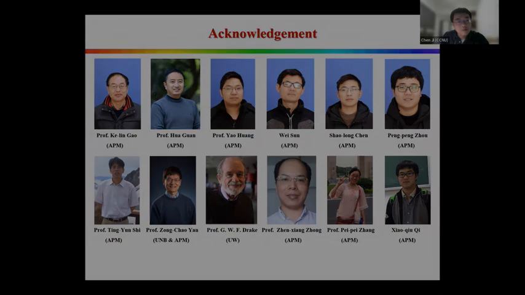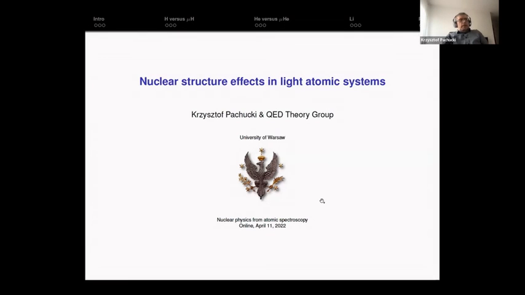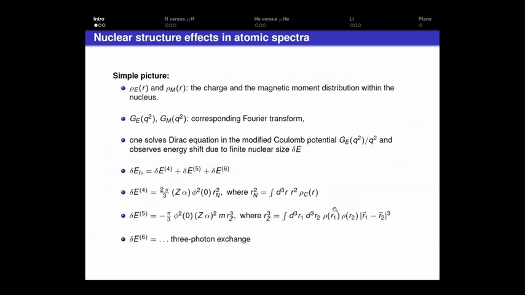Okay, so now let's move to the next talk. I will try to present an overview of how we account for nuclear structure effects in electronic atoms, and I will present some small references to muonic atoms, just to complement the previous talk. How do we imagine the nuclear structure contributes to the atomic energy levels? In the simple picture,